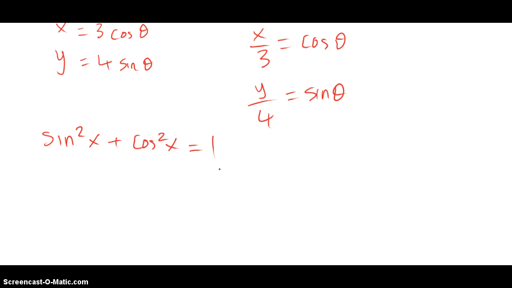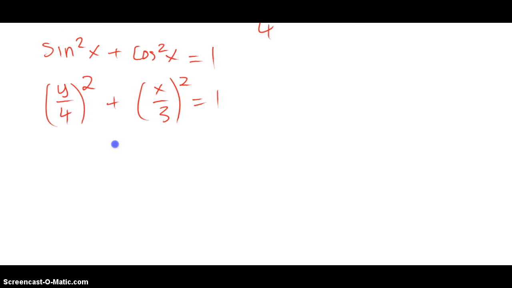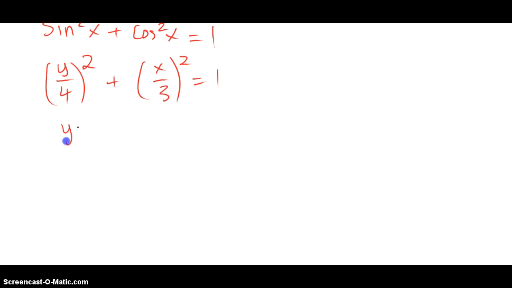1. Now we're going to do a substitution. So here we have cosine theta, and here we have sine theta. So let's just substitute in those two values. So we get (y over 4) squared plus (x over 3) squared equals 1. And we can continue with that and say, well, that's y squared over 4 squared plus x squared over 3